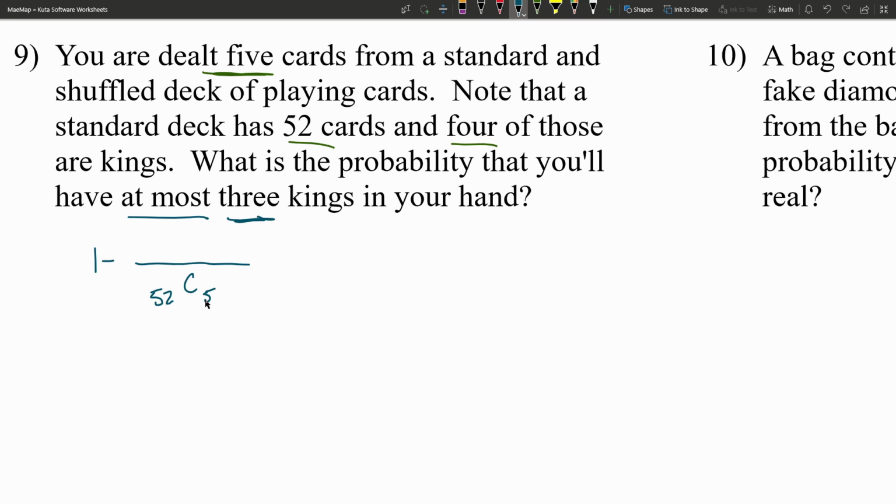And if we were trying to calculate the probability that we'll have at most 3 kings, we're going to do 1 minus the probability that we have more than 3 kings, which is going to be getting dealt all 4 kings, and then out of the 48 that aren't kings, because out of the total of 52, there's 48 that aren't kings, we also still need to have one of those in our hand. So that's getting dealt all 4 kings and one of those cards not being a king. That's going to be equal to 1 minus 4 choose 4 is 1 times 48 choose 1. That's going to be 48 all over 52 choose 5 is a whopping